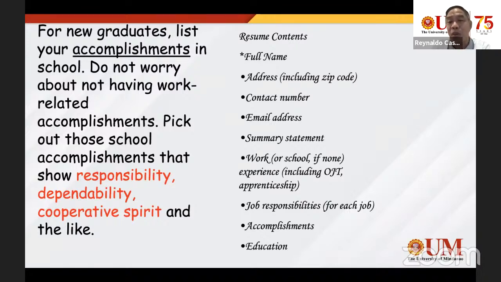And remember always, students, that when you're applying for a job, especially that the job is really the thing that you want to do, no, for a few months or a few years, there's going to be a lot who will be applying for the position. So like a dozen or two applying for the position. The thing there is, what makes you different from the rest? What is your competitive advantage that will make you noticed,